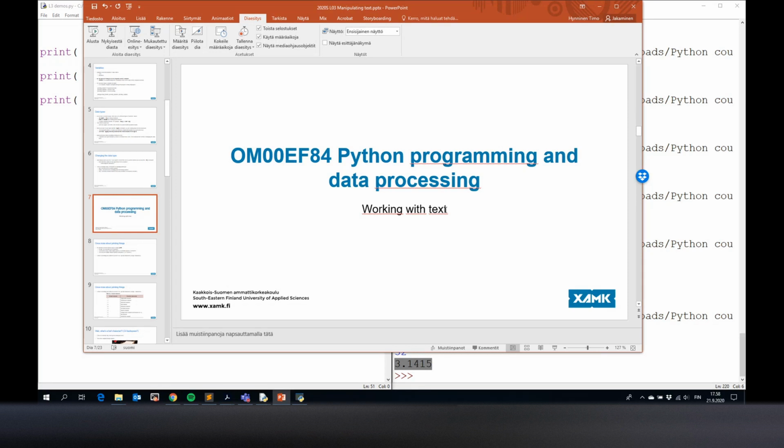So when we're rounding in Python, we use the command called round. And with these, the takeaways from these examples should make it possible to do the exercises for